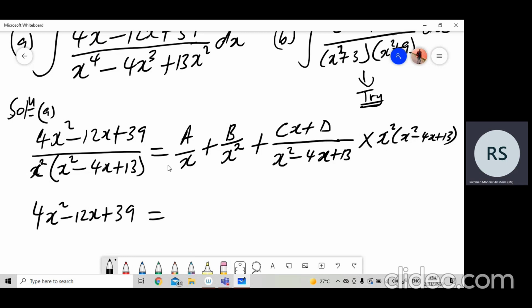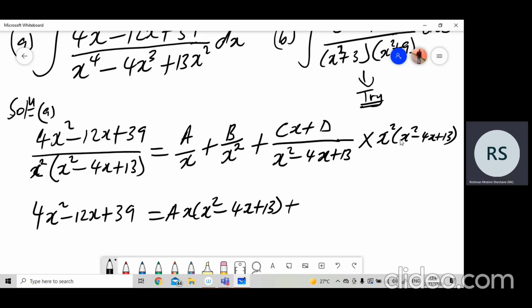You see x here will cancel with this x. So it will be A times this one x that's left, and then multiplied by this quadratic, which is x squared minus 4x plus 13, and then